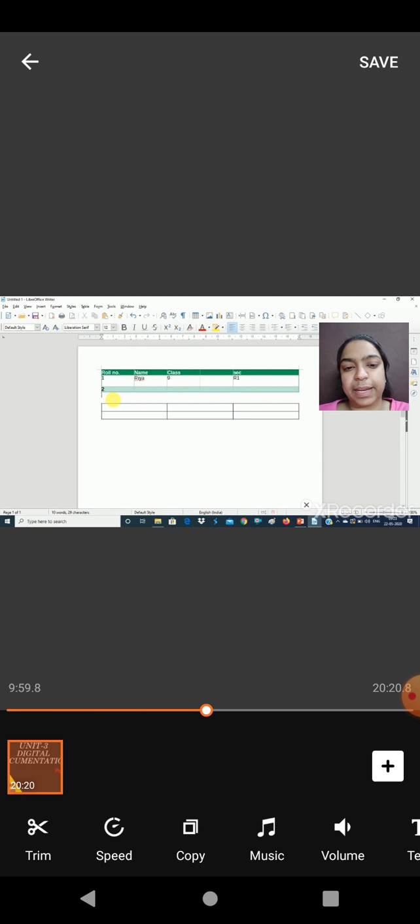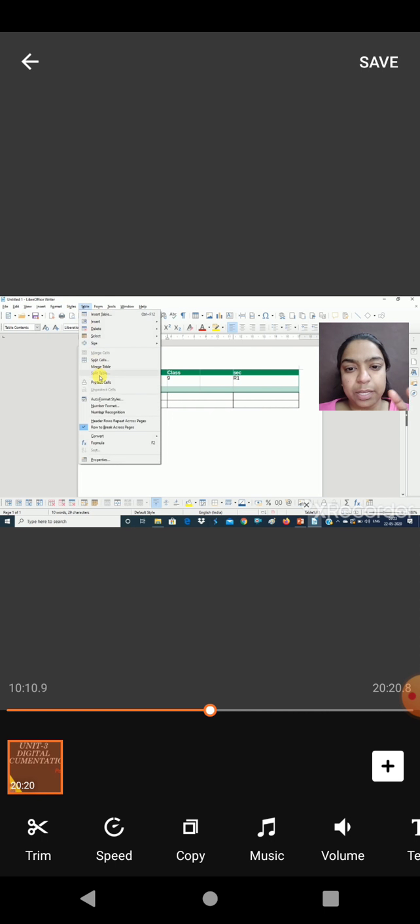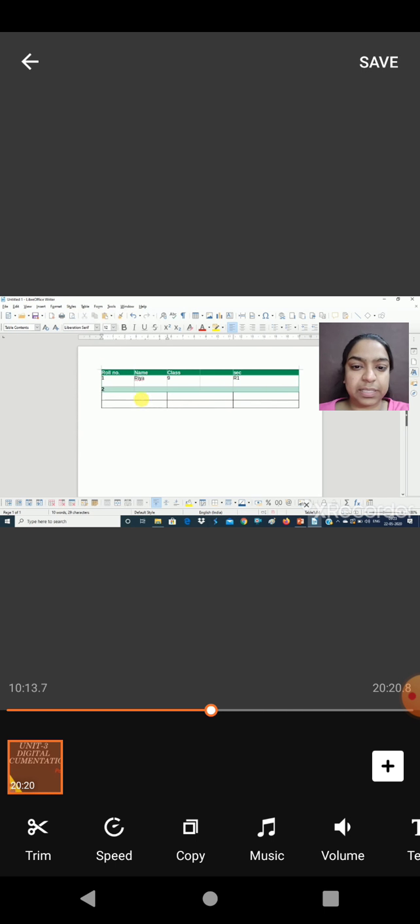That is a way of creating a new table, and if you want to merge it, then you have to select both the tables, and then go to table, and there is the option of merge cells. Then you have to click yes. See dear, merge cells, these two tables are combined together and they will form only a single table. That is a way to combine two different tables into a single table. Similarly, if you want to combine two cells, or more than two cells, you can easily combine.